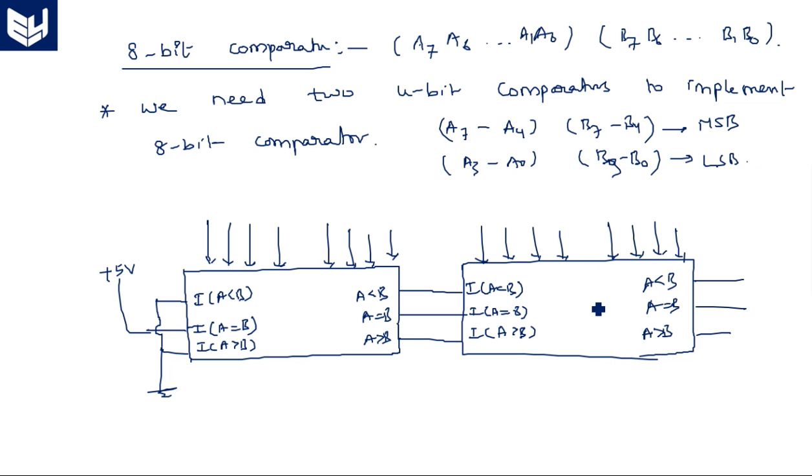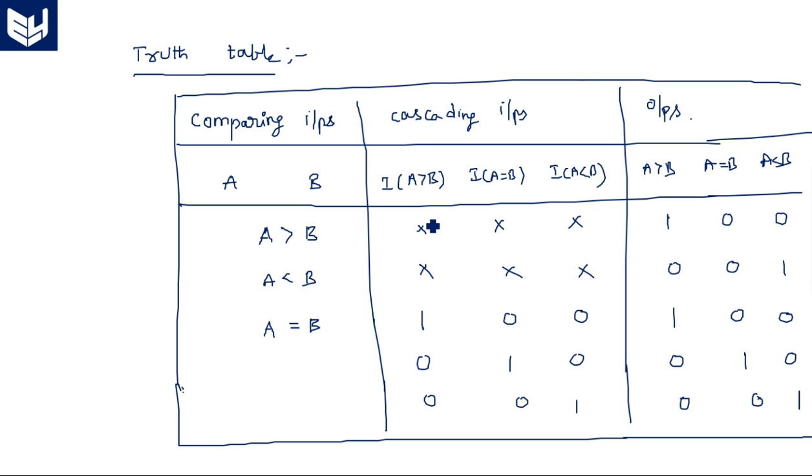Okay, now where we have to apply, whether the first comparator or second comparator, which one we need to apply with MSB and which one we need to apply with LSB. See, this is 7485, this is the first comparator, and 7485, the second comparator. Now look here, coming to the table, when the current comparing inputs is saying A greater than